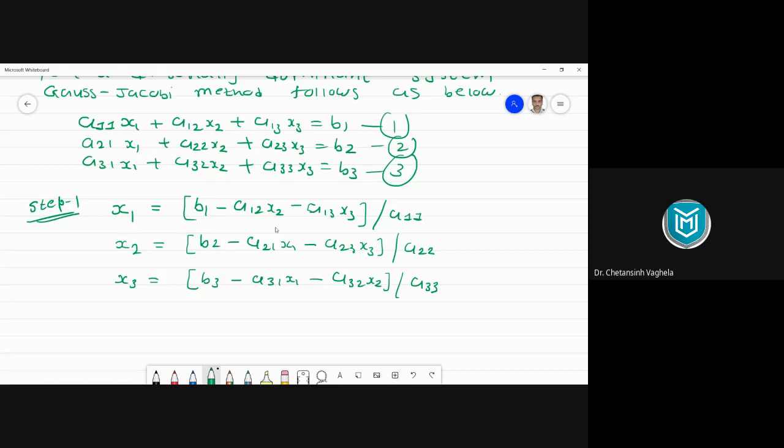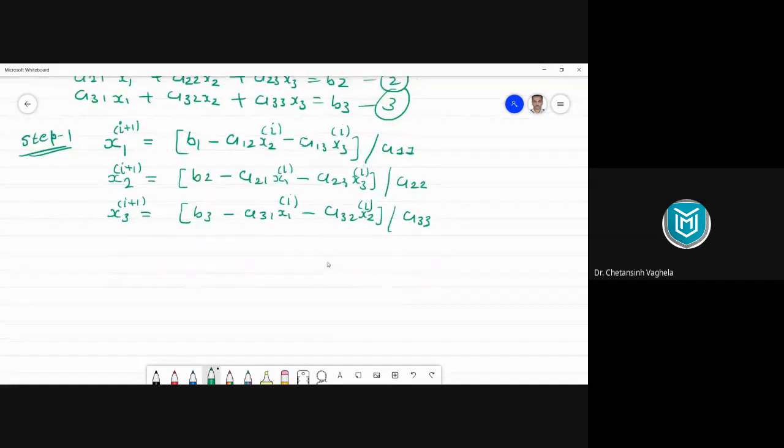Now these three formulas are iterative formula. Now what you need to do here, take I plus 1 here, then take I and I, right? I represents the current value and I plus 1 represents the value of next step. Similarly, I plus 1 here, I plus 1 here, I here, I and I. Right? Now these formulas, they are in iterative form. Now let me explain how you need to use these formulas.